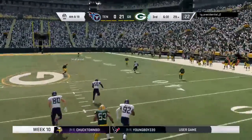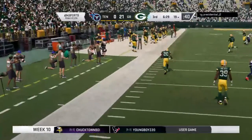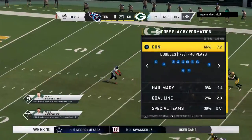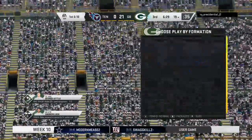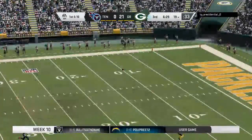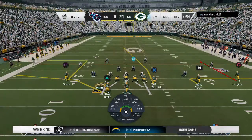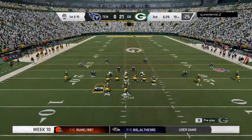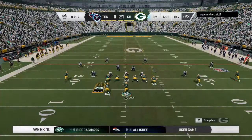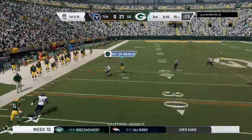This is away and a very good kick, angled for the sidelines. And this is going to be ruled out, I think, just inside the 20. Yes, it will. Side judge calls it at the 19-yard line. About set to get this drive started, the Green Bay offense at the line. And following the interception, just any interception, are you a little bit more cautious when you start that next drive, or no, you just throw that out the window? I think you are. I don't think that there's any...